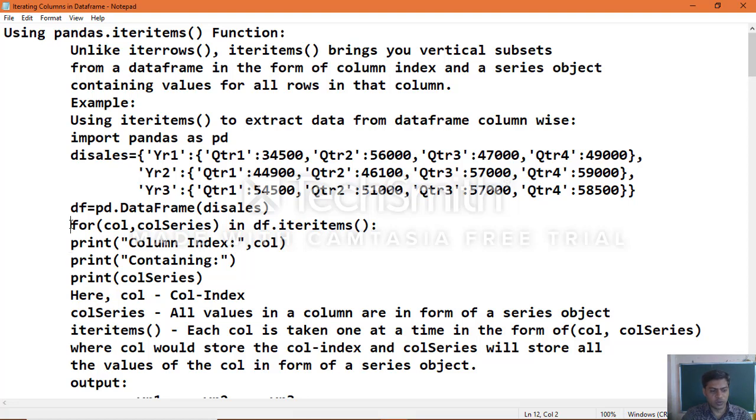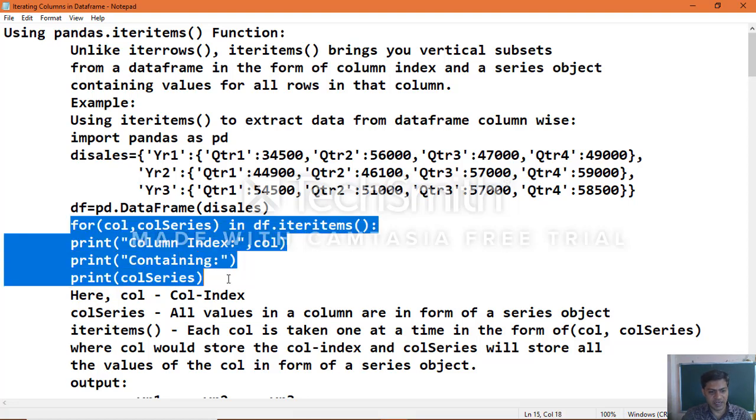This is the looping we use here to iterate the data frame column data. Earlier we used row data iteration, and now we use these statements for column data iteration.